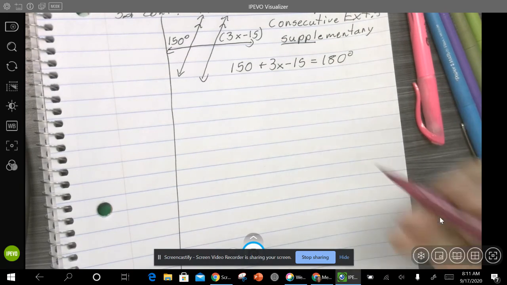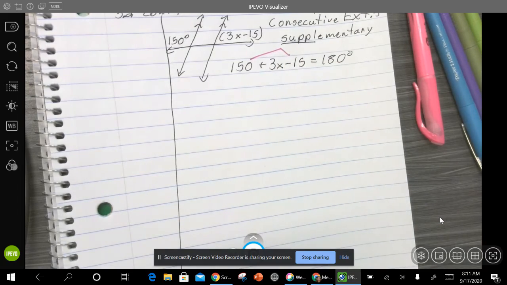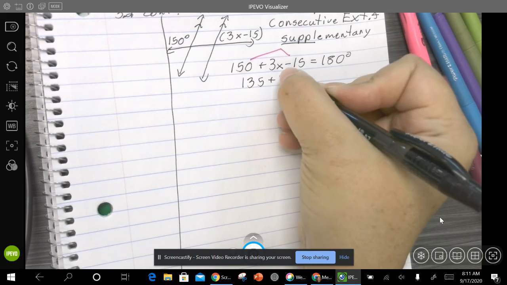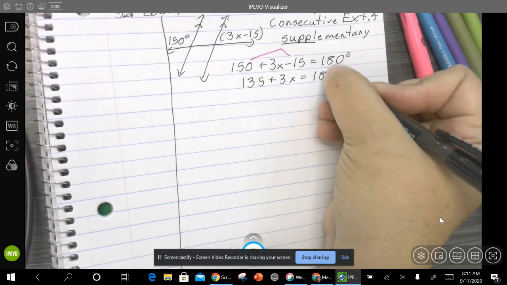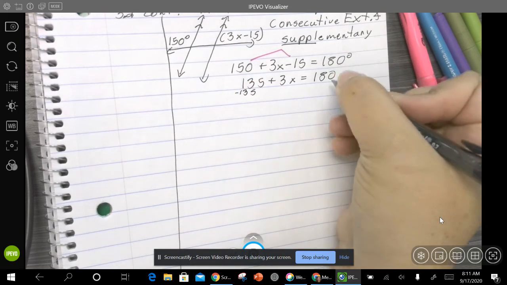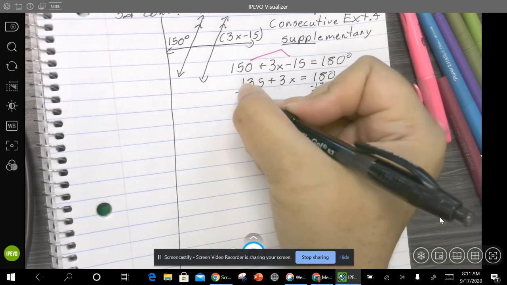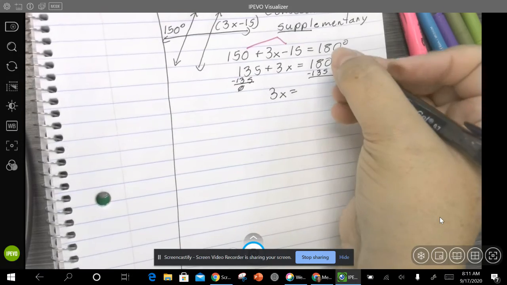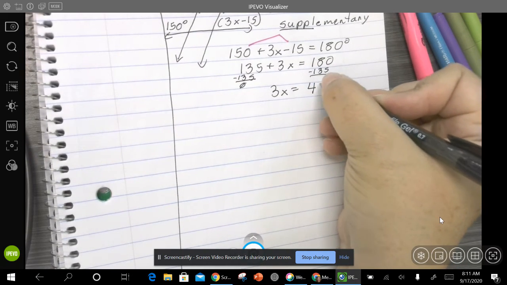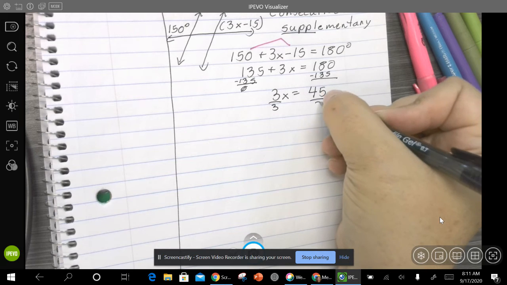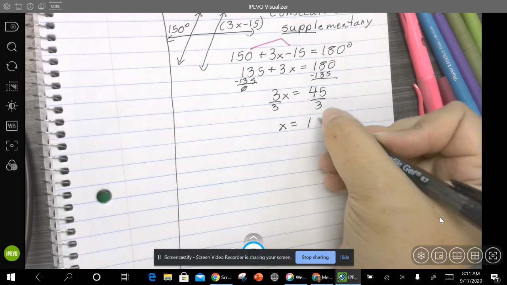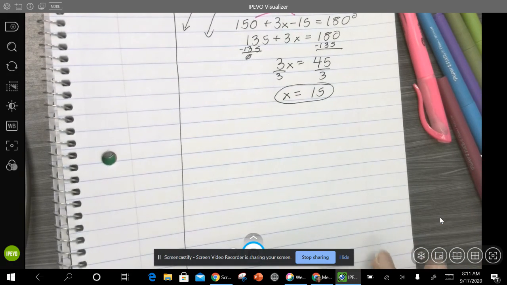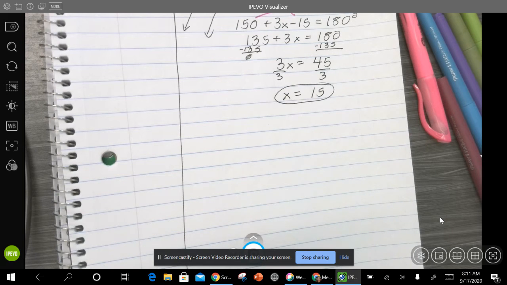We're going to combine like terms. So 150 minus 15, get 135 plus 3x. I'm going to subtract 135 from each side. What we do on one side, we've got to do on the other side. So we get 3x is equal to 45. Divide each side by 3. We get x is equal to 15. Nice and easy on that one. Okay, so let's go ahead and also do